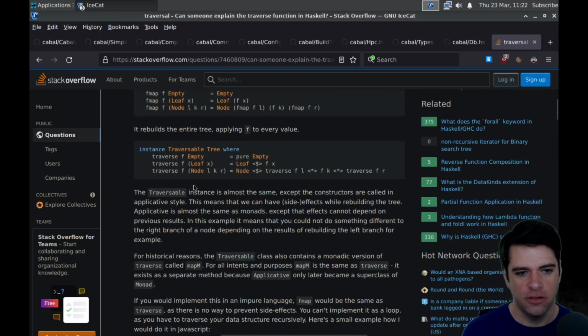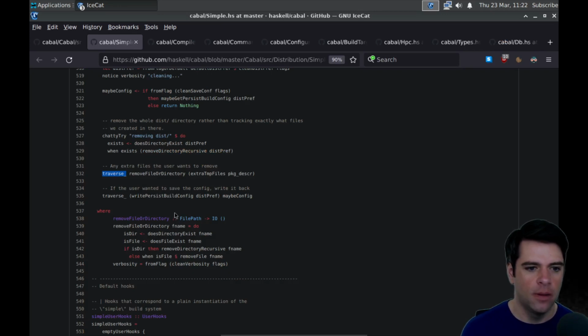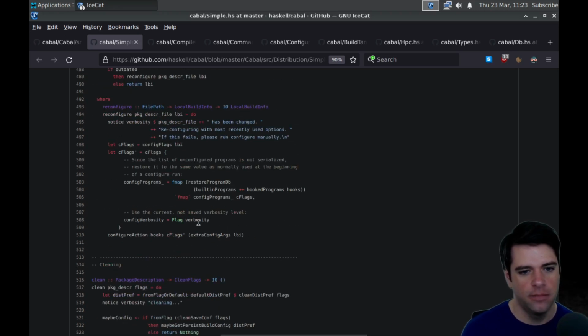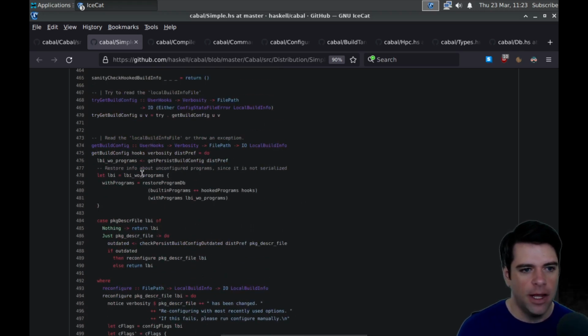Okay, so it's got some functors of tree. A traversable instance is almost the same, except the constructors are called in applicative style. It's some traversy applicative thing. And yeah, okay. So the sort of thing it's going to do is remove the file or directory given this information. And I guess the kind of like link structure, the thing that we're traversing, is probably in extra temp files. All right.